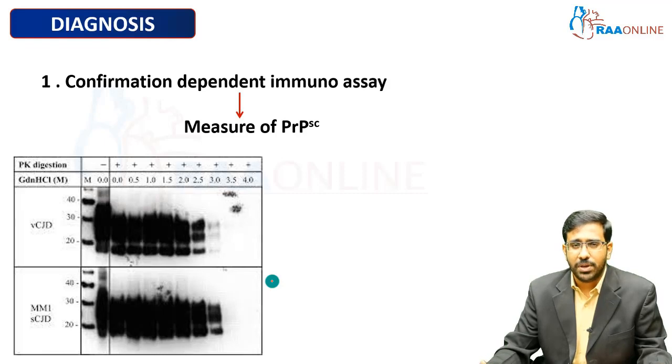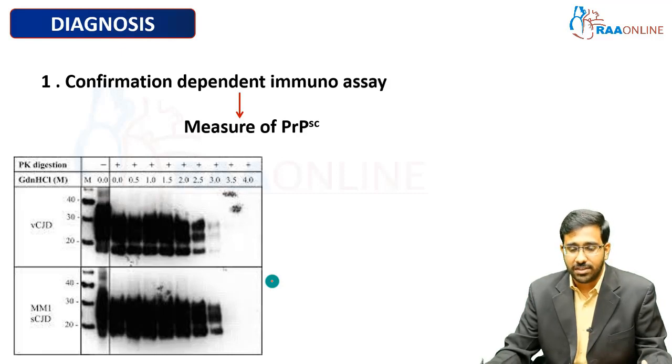Prion diagnosis is quite a bit difficult. Being a non-infectious particle, we will not be able to demonstrate the antigen or antibody. So we have certain specialized tests to detect this particular infection. The sensitive and specific test which we use for diagnosis of prion infection is the conformation dependent immunoassay, where we will be measuring the PrPSc, which is the infective form of that protein. Here the normal protein gets converted into the abnormal protein. That abnormal protein we are going to measure using a technique called conformation dependent immunoassay. It is very sensitive and very specific